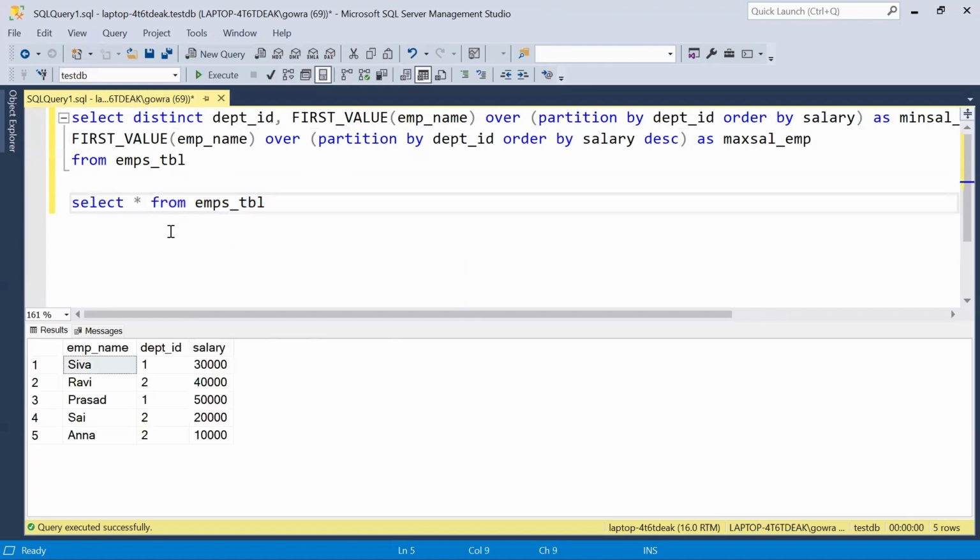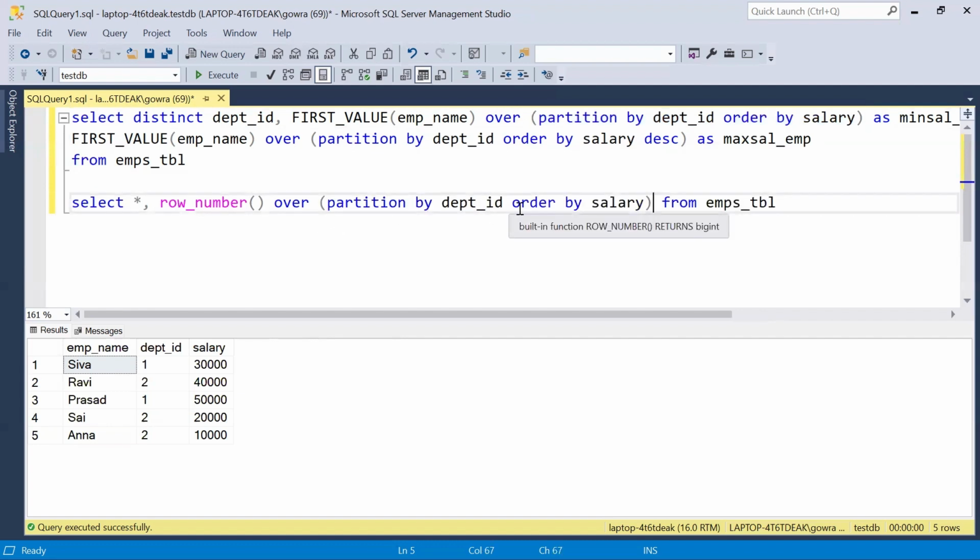On top of this table, I am going to use a ROW_NUMBER function. We'll give all the details exactly similar to this one. So we will be doing PARTITION BY department ID, and we are giving ORDER BY salary in ascending order. So on top of these records, we are generating a row number, which I will assume as the row number in ascending order. Now if I execute this query,